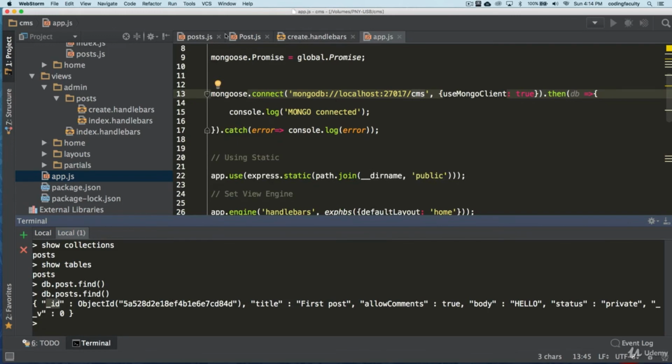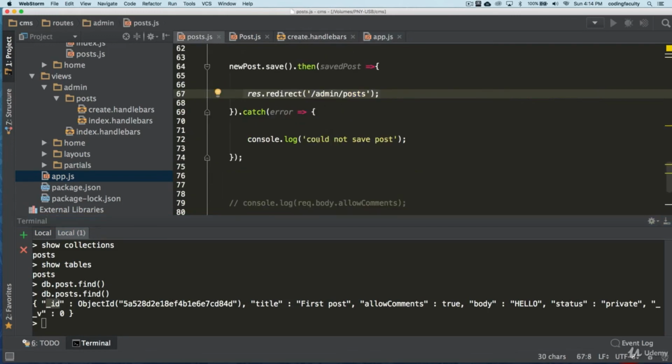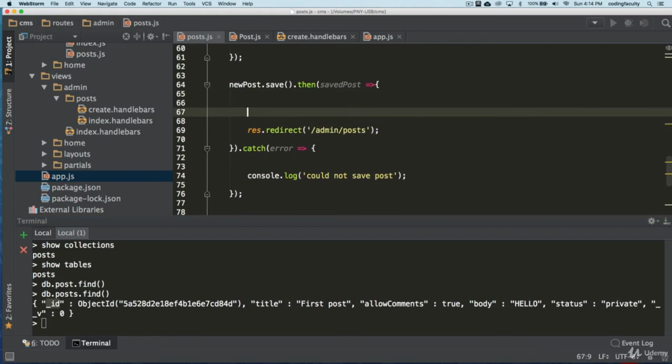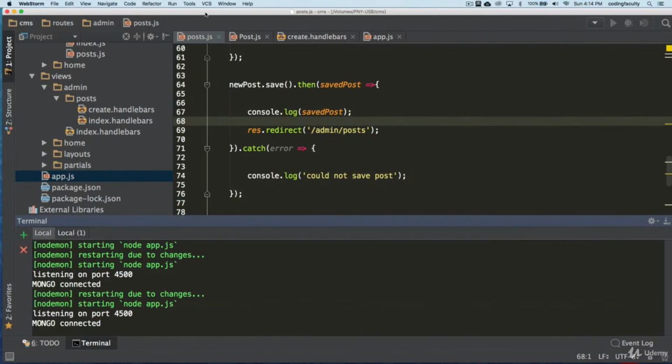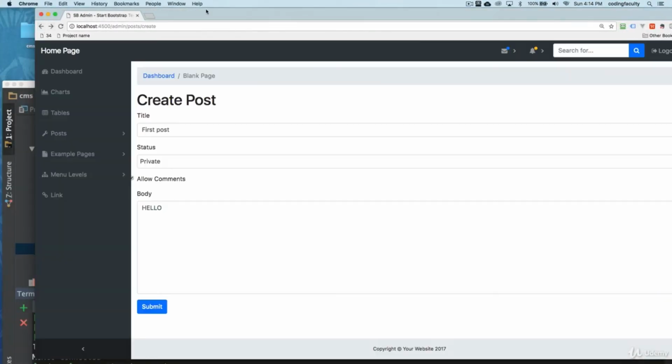Good job. Now let's go back to our routes and let's console log when we save something so you can see the data we get back. Okay, let's come back here. I always get confused. I think I always have it in another screen and I had it behind me.